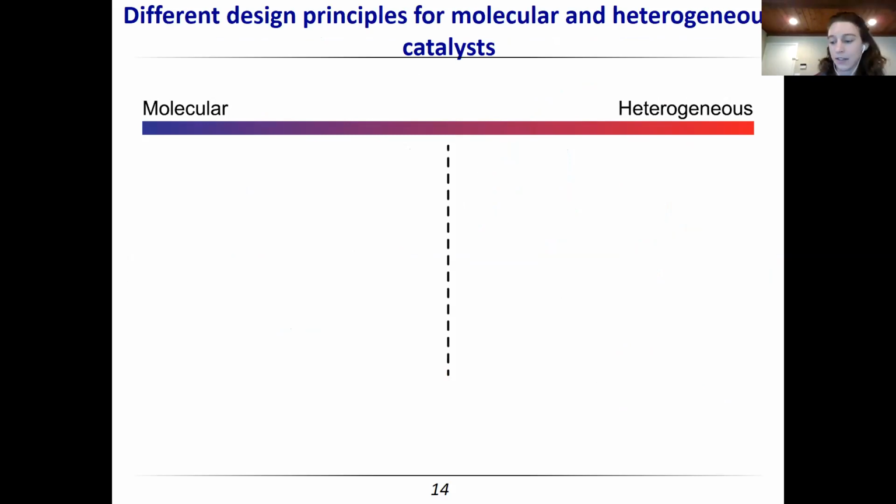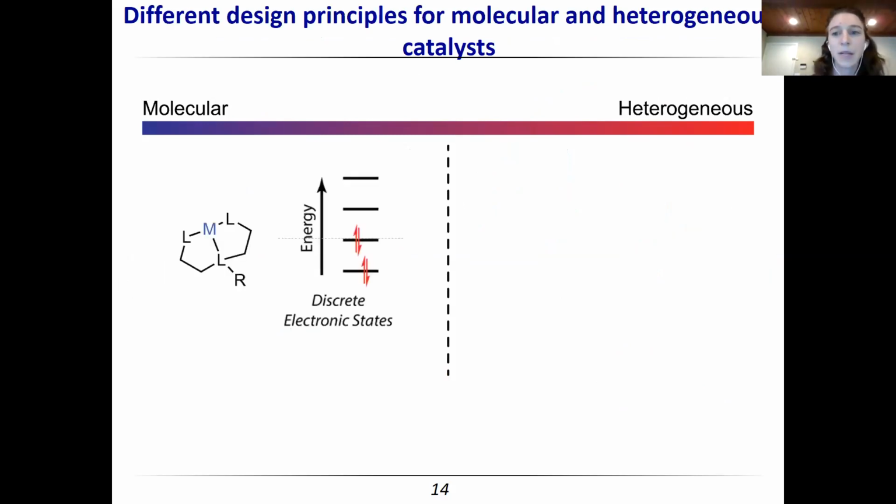So we've talked about outer sphere versus inner sphere, and another way to bin this is maybe molecular and heterogeneous. Molecular catalysts, this gets to the question of, is one better than the other, outer sphere or inner sphere? So molecular catalysts are great because we can use all of the principles that you've been learning in this class about inorganic complexes to design a molecular electrocatalyst. We have these discrete electronic states in the molecular orbitals of these complexes, and we can use principles of inorganic chemistry to rationally design a catalyst and say, okay, this one should be more efficient, this one should be less efficient. And these are all going to be based around concepts that you've discussed in this class.